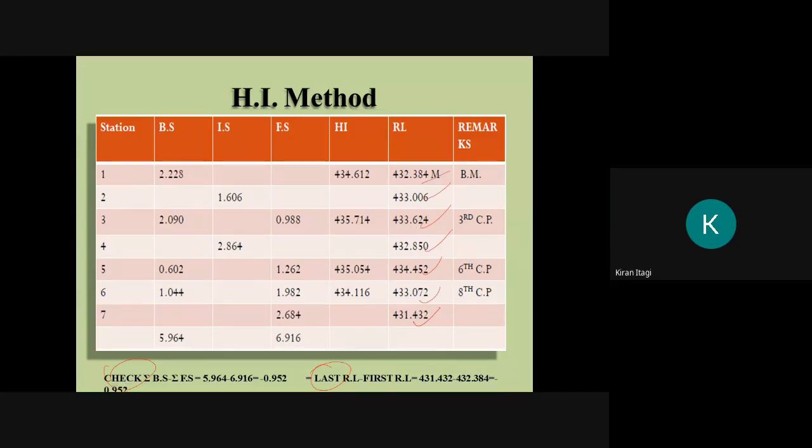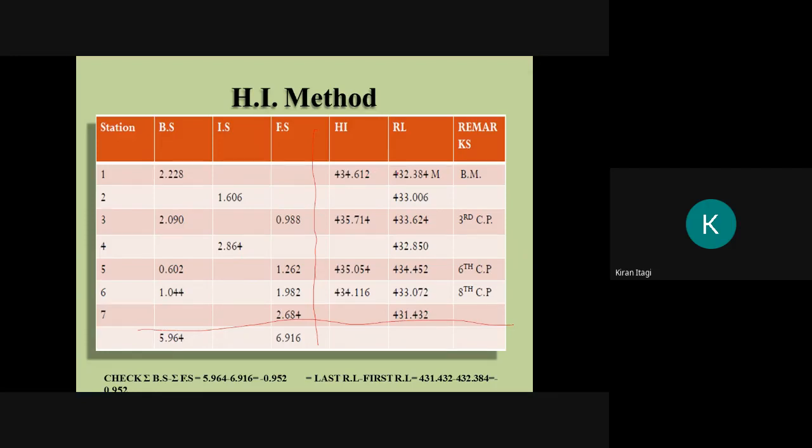Okay, so remember where we have to write the first reading, change of point, and the last reading. Okay, remember that one. But you will get the check. Okay, finally we will check for the levels. You will get the correct check, but the levels will be different. Now see, you have done all the site work.